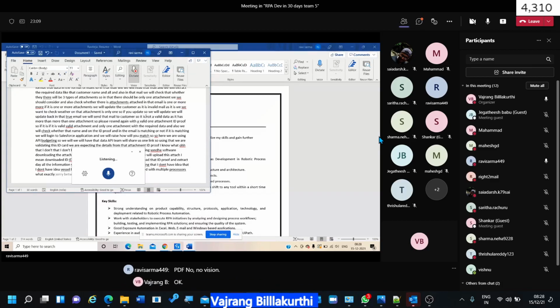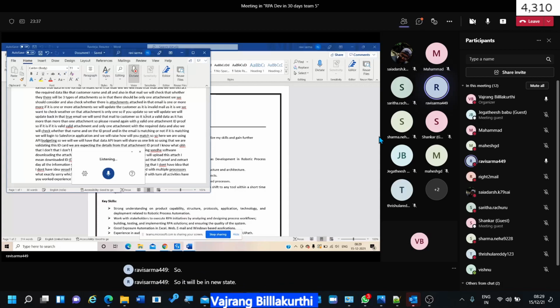So how many types of states will there be for a transaction item? In the queue, we have a queue item, right? How many states do we have for a queue item? When you upload an item to the queue, what will be its state? It will be in the new state.